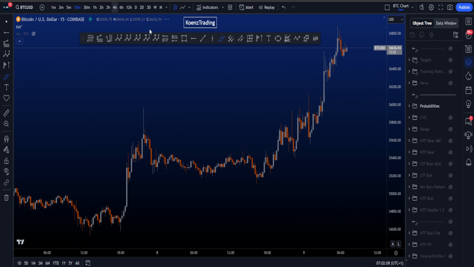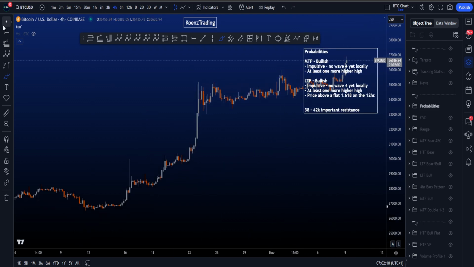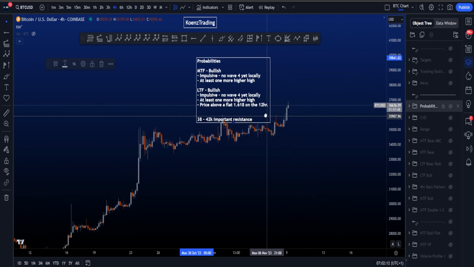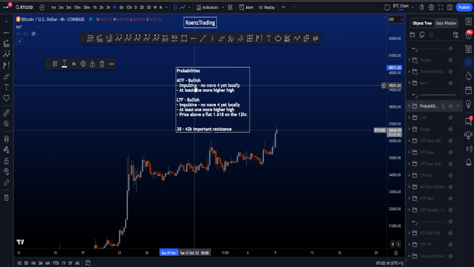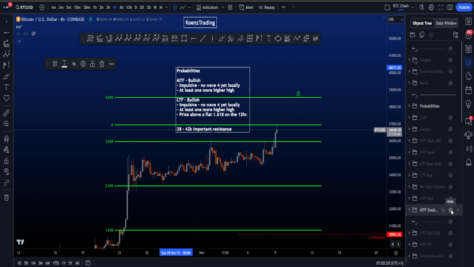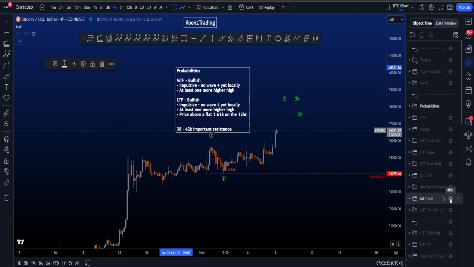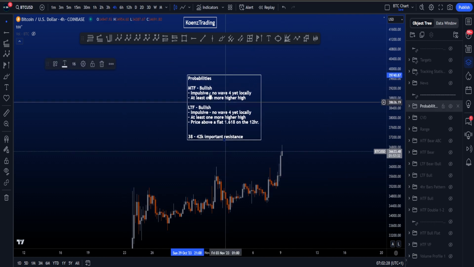Now if we finally look at the probabilities of the different scenarios on the different time frames, then on the medium time frame, currently the bullish scenario has higher probabilities to the upside. So continuation to the upside for eventually a wave 3, and of course, over here, an impulsive structure to the upside. Because also more locally, there's not really a sign yet